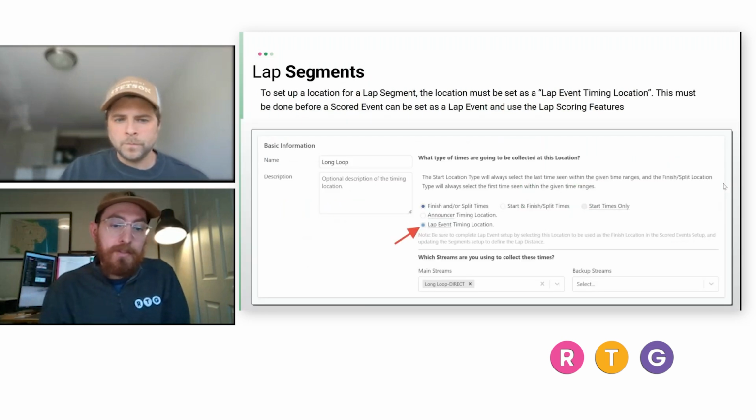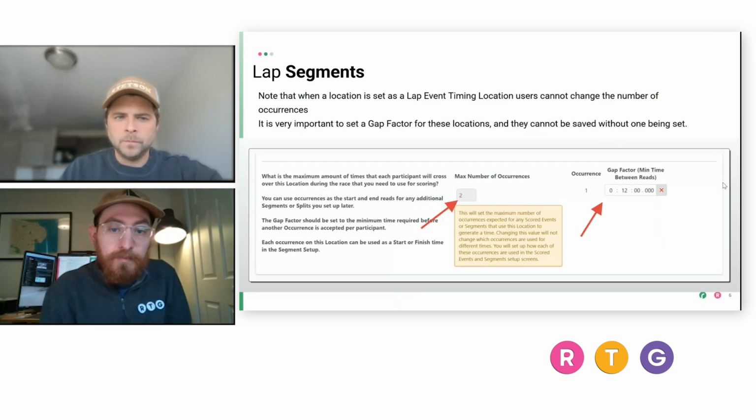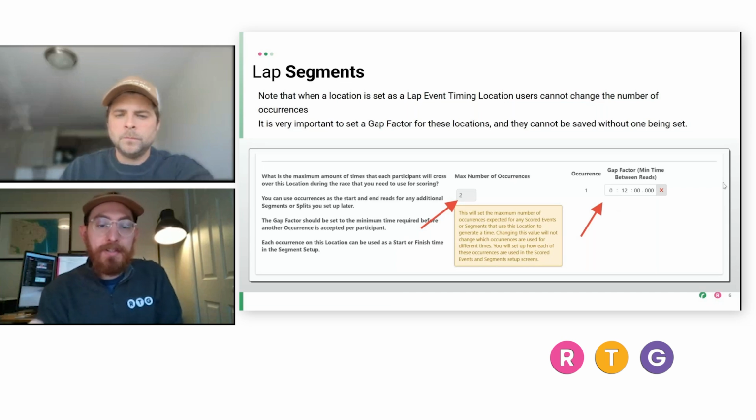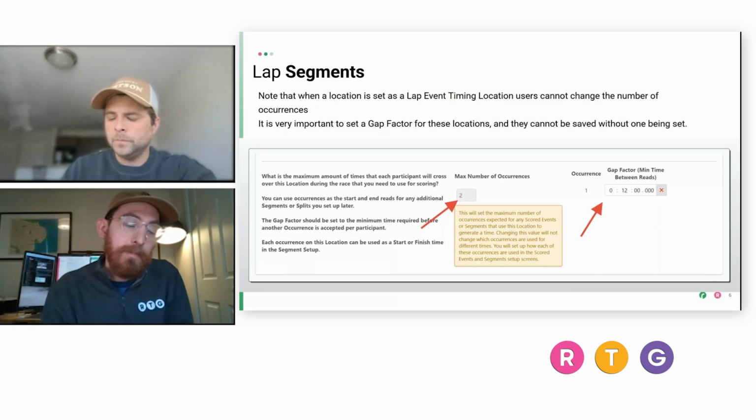So on this next step here, I'm just going to show you really quick how you would set up your timing location. So just make sure if you're setting up a timing location that you're going to use in a lap event, that you mark it as a lap event timing location. And when you're doing that, you'll notice that the max number of occurrences is grayed out. That's normal. It's because lap locations are going to have a limitless number of occurrences,